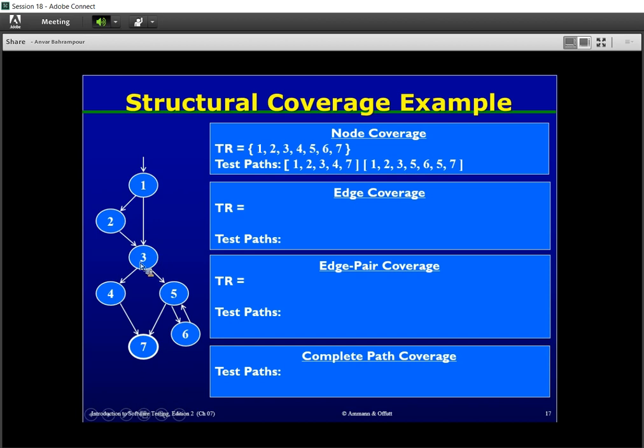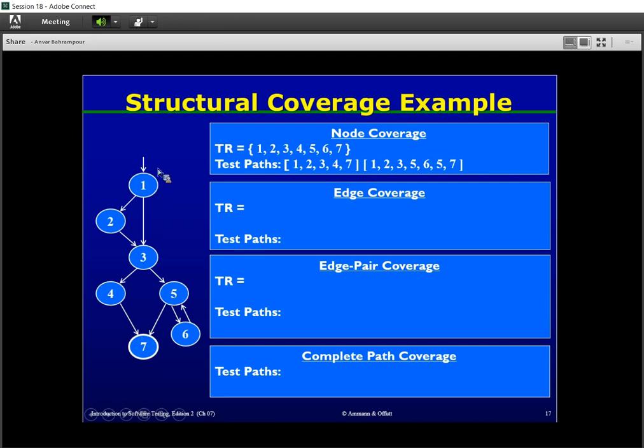So in a test pass, we can just cover one of its existence edge. So if we go to this node, we cover this node in this test pass, and so we can go to the node 7 as a final node. So this could be one test pass to cover these